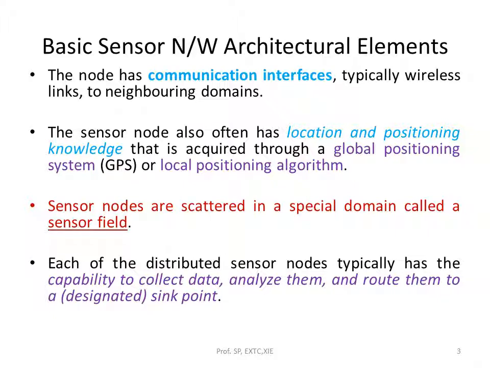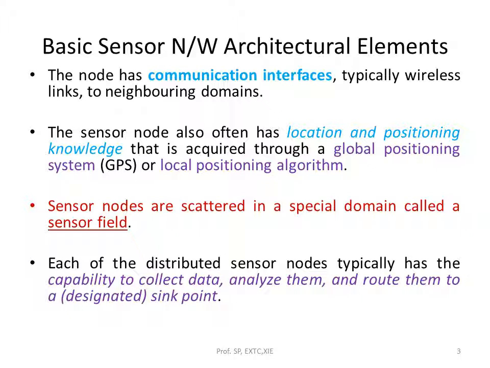Now when you are dropping down those sensor nodes, maybe a few sensor nodes may get affected and may not be working properly. So in that case we have to assume that, for example, if we are deploying 100 nodes, maybe 10% of the nodes will get damaged when you are deploying them. So that assumption we have to make prior to deploying your network.